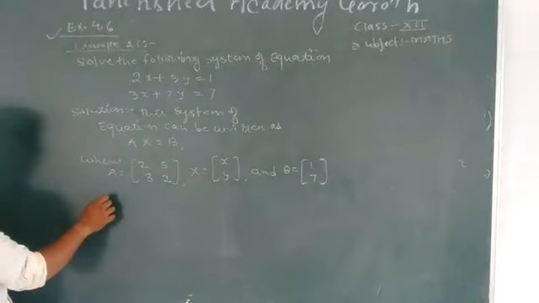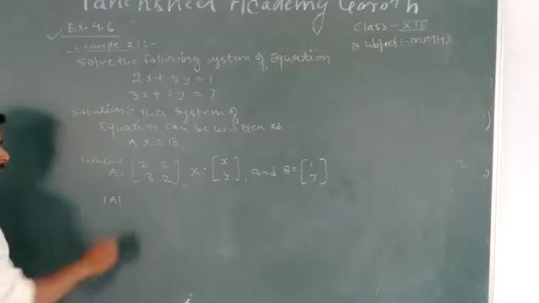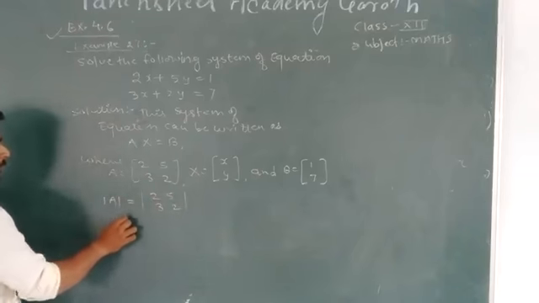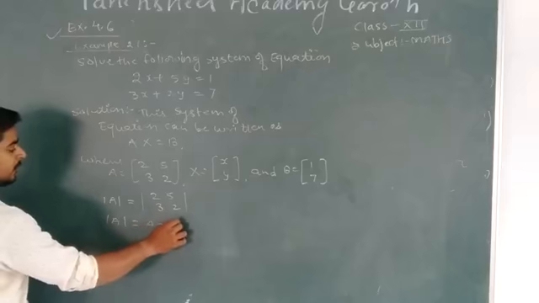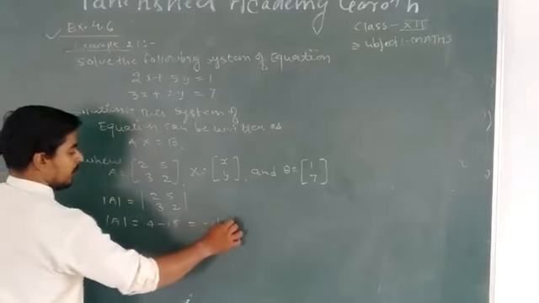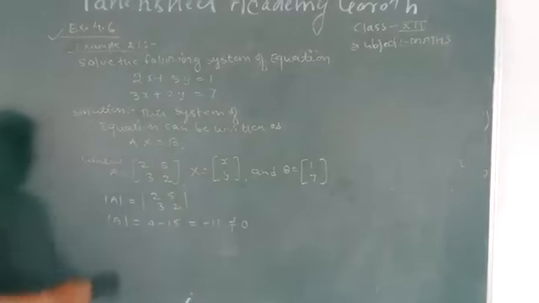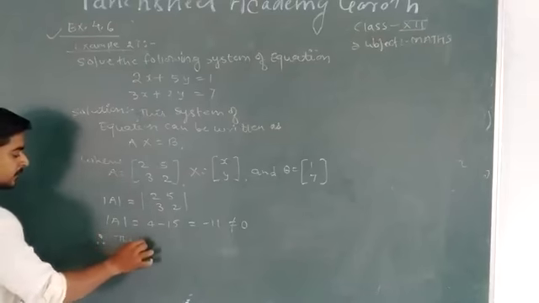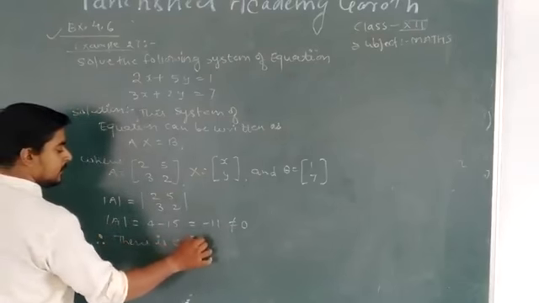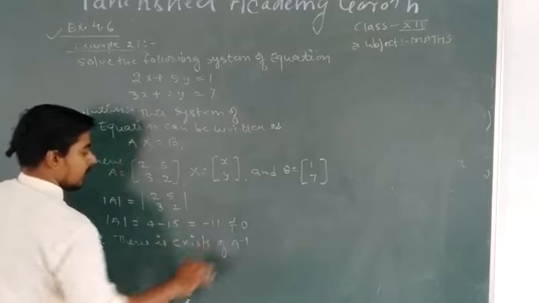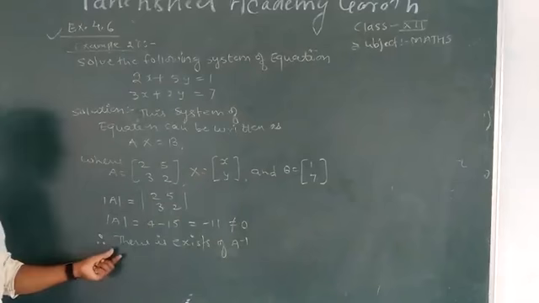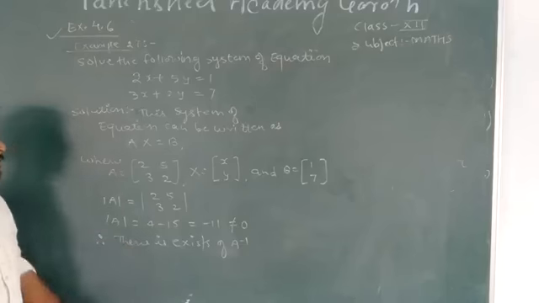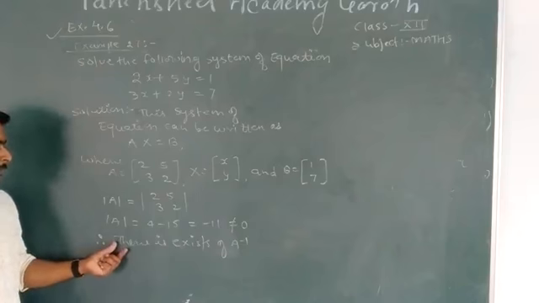First we will find the modulus or the determinant value of A, that is mod A, which is 2, 5, 3 and 2. We will solve it. That will be 2 into 4, 3 into 5 is 15, that is equal to minus 11, which is not equal to 0. Therefore we can say that, इसलिए हम कह सकते हैं यहाँ पर कि there will exist A inverse. यहाँ से हमें पता चलता है कि यहाँ A inverse का existence होगा. जब A inverse का existence हमें पता चल जाता है, and then after